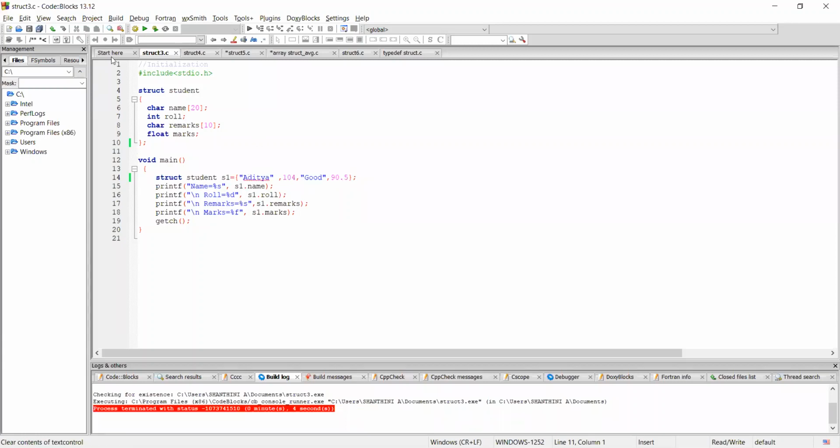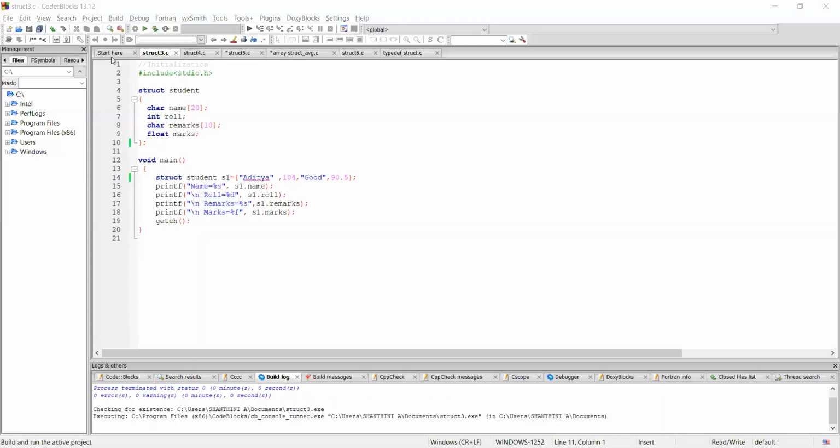Okay, so when I execute this program, as you can see, we can see these values assigned to the structure members. This is called initialization, wherein we are not going to get any user input. So what do you mean by partial initialization? Partial initialization is nothing but initializing only a part of the structure members. The remaining will not be initialized. But what happens if you print the output? Let's check.